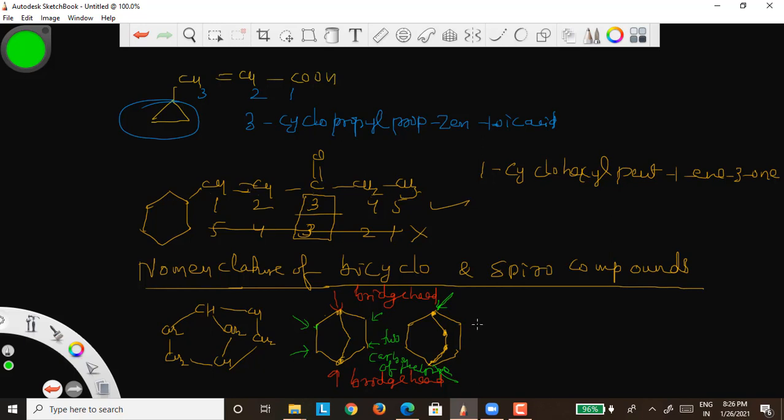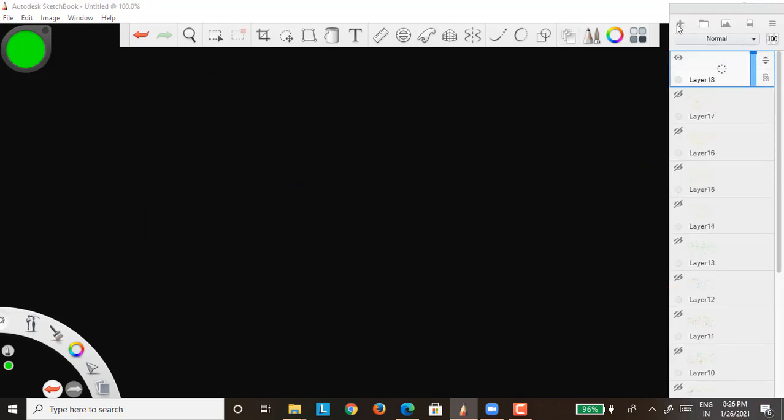So how is the bridgehead naming given? Let us take some examples and check the naming. Okay. So let's go to the next page. Now, suppose you have this structure. We'll take the same structure we took earlier and try to name it. Okay. This is your bridgehead. This is your bridgehead. Remaining carbons are not bridgehead. These are the carbons of the bridges. Okay. So how can we name?